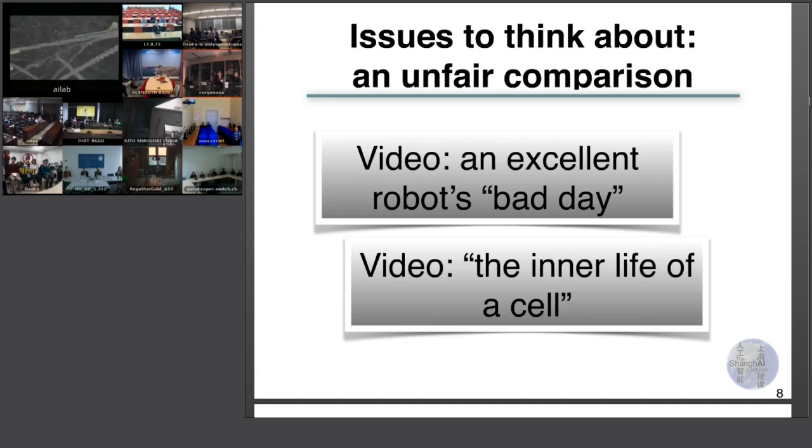This means that it continuously raises new issues and challenges that you cannot think of in advance when you design the system. So why is this other video interesting? Because this is a very small part of the inner life of the cell. This simulation is based on real scientific data. It's a visualization of things that biologists studying these things strongly believe are happening